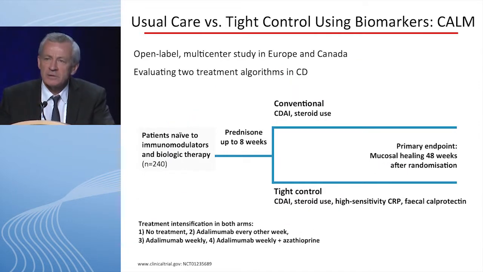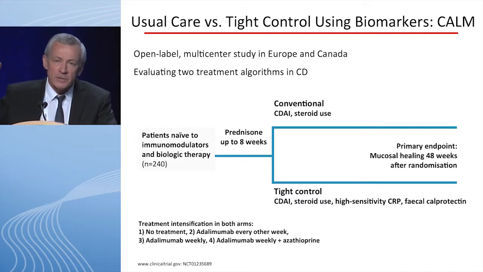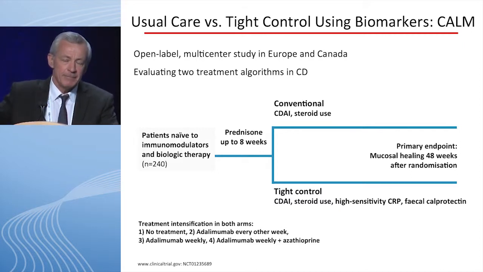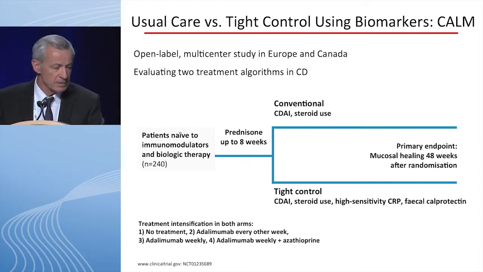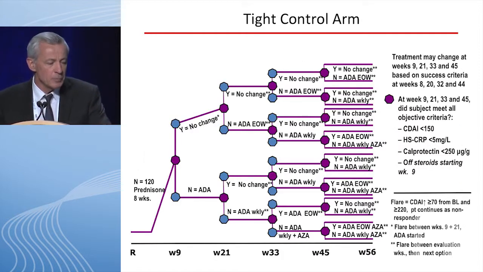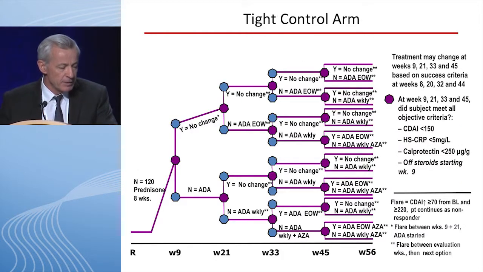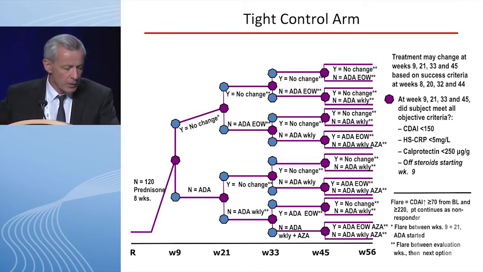This is a study of patients naive to immunomodulators and biologics. They are all treated with prednisone, and they are randomized to a conventional arm where step up is based on clinical symptoms alone, and the tight control arm where step up is based on clinical symptoms and biomarkers. This is a tight control arm, which may look quite complicated, but basically at each time point from week 9